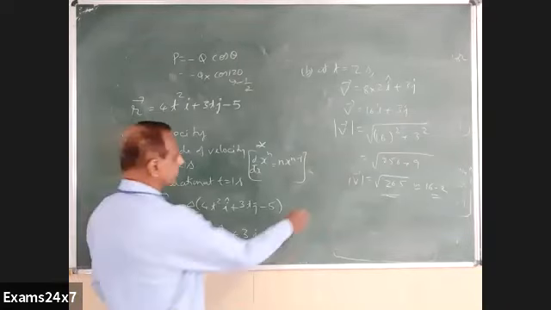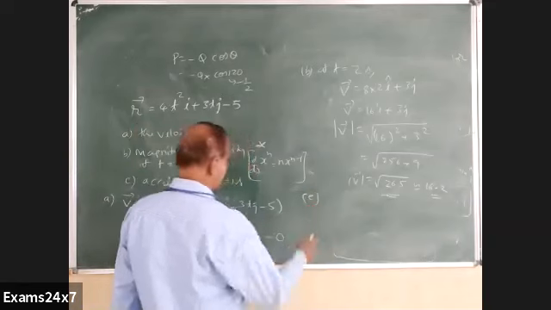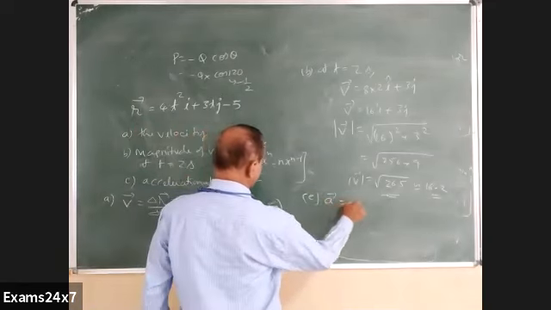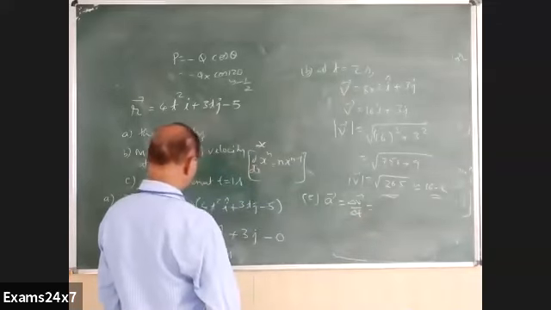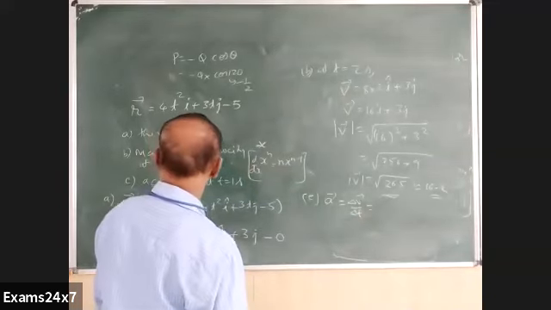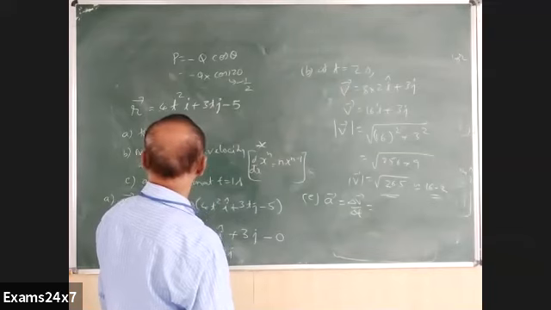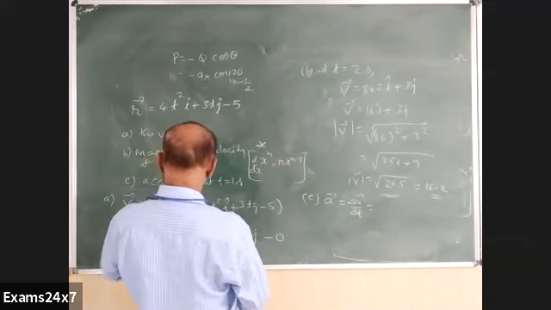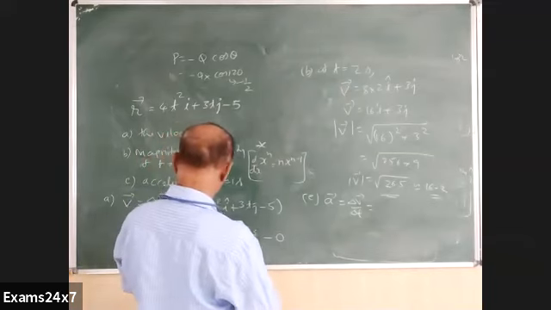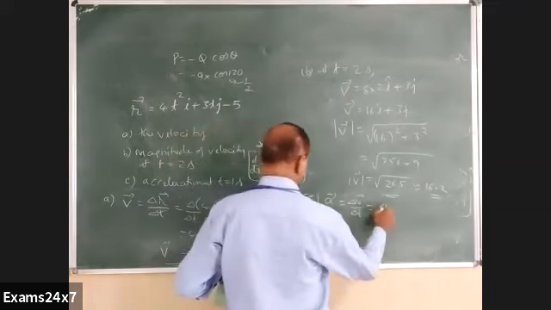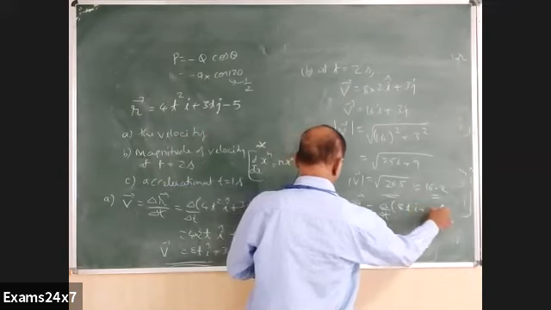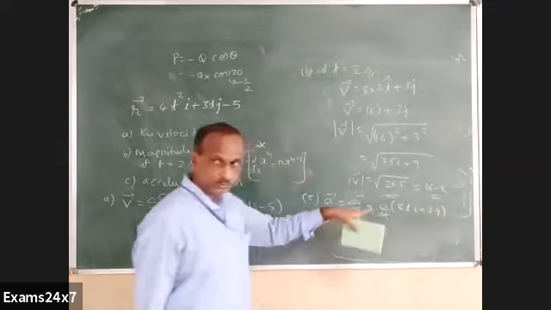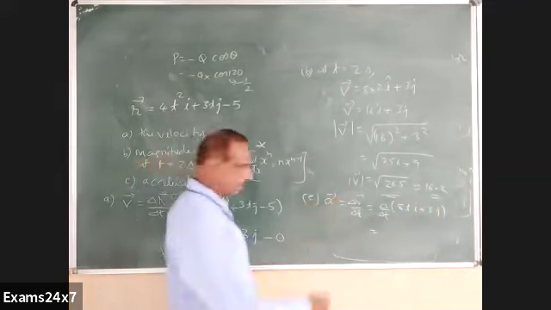And what is the third question? Sub question here. Acceleration is nothing but delta v by delta t. Once again, differentiate the velocity equation. What is that equation? Here, velocity 8ti we had. Del by delta t of 8ti plus 3j. What is the differentiation? It is simply 8 itself.